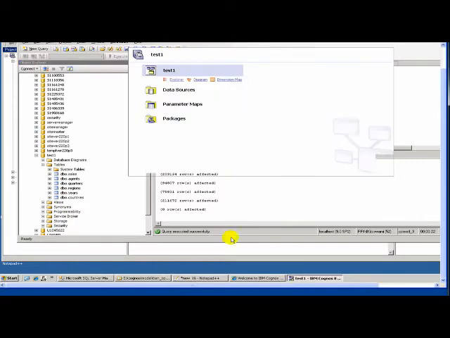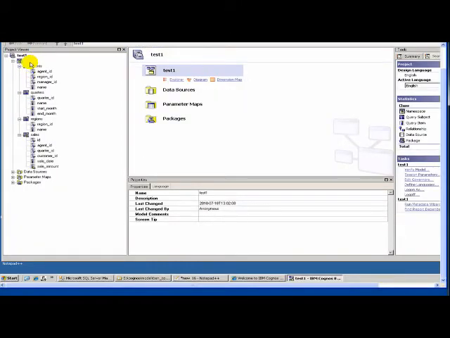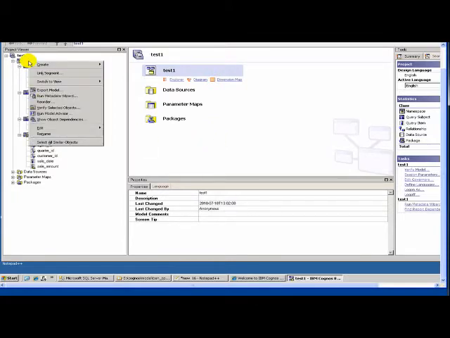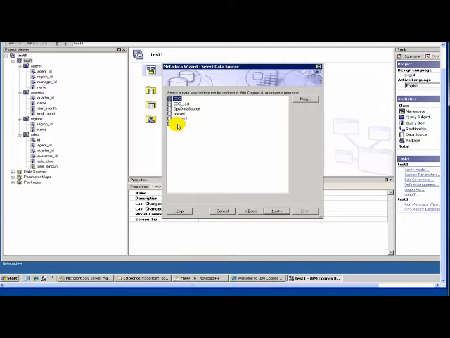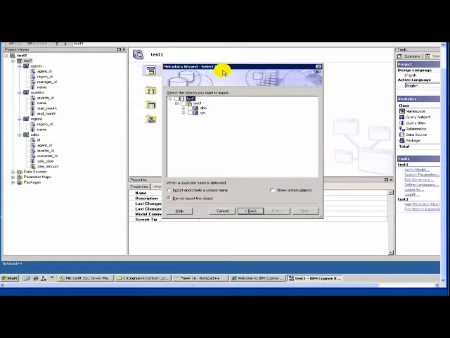Now to get them in the model, what we have to do is right click and then do run metadata wizard, and then we'll have to go through this process again. So we'll use the data source test1 to connect, and then do next. So this is connecting to the database and pulling all the other objects. So now it has connected to the database, and here you would see we have the extra tables.